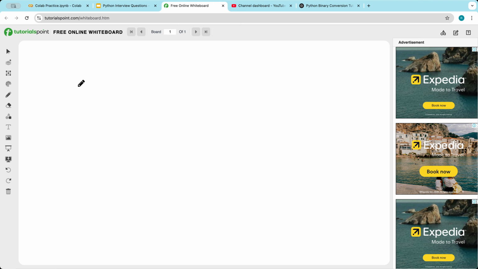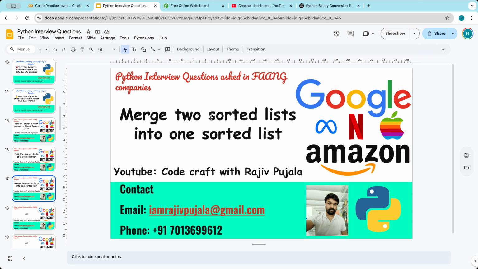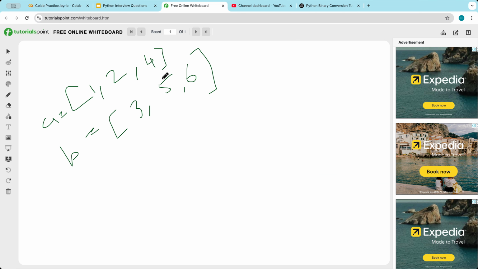For example, let's say I have two lists. A is 1, 2, 4. Let's say B is equal to 3, 5, 6. Why are these in ascending order? If you look at the question, it says two sorted lists. So these are the sorted lists, and if I do A plus B, these two lists,